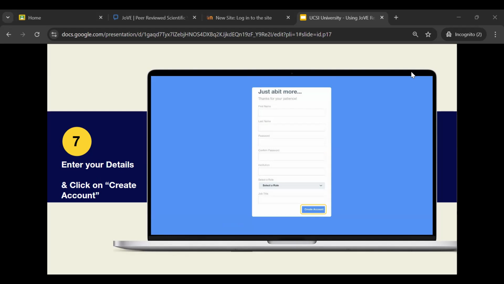Okay, once again, for faculty members, you have to choose professor or instructor as your role. For librarians, of course, you can select librarian. And lastly, your job title. That is a required step for you to embed JoVE resources into your LMS, which is, I believe,